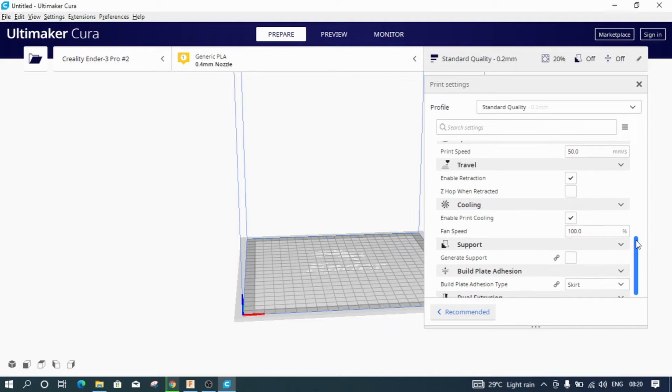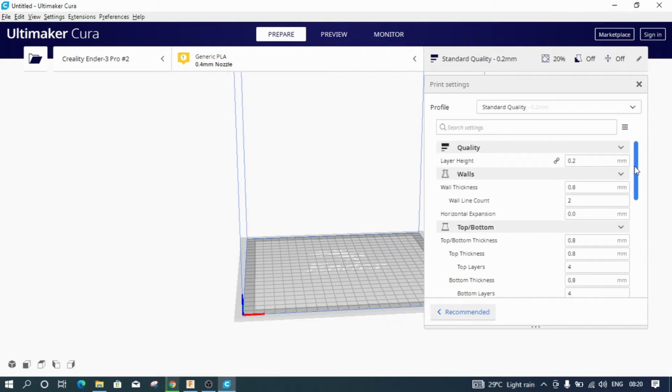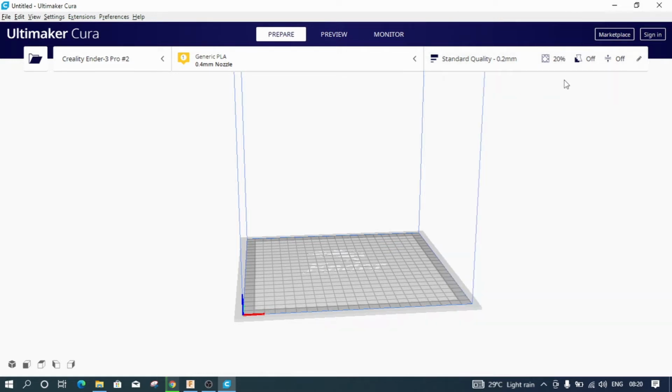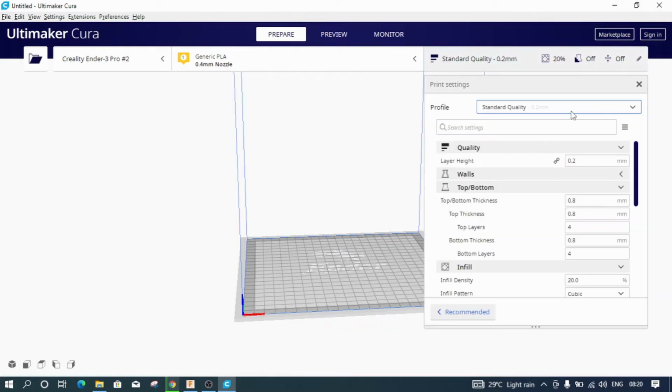We will see all of this menu in more detail as we go along this course, but for now we will not worry about this and I will close this and we will be using the standard quality settings.